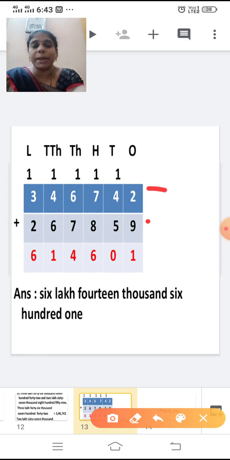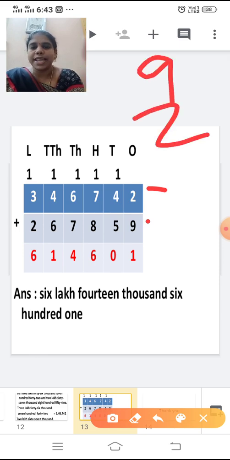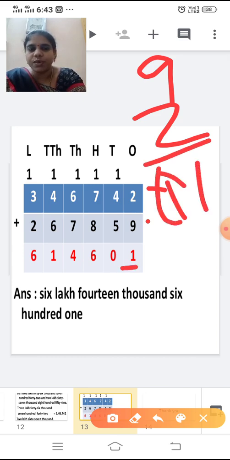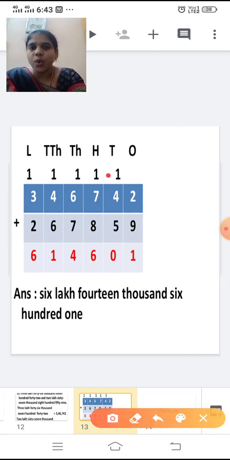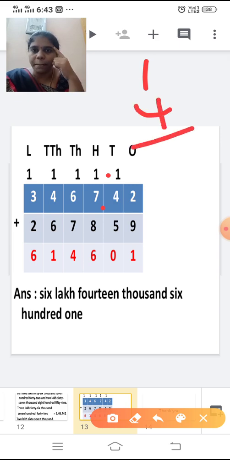2 plus 9 or 9 plus 2? 9 in the mind, 2 in the finger. After 9, I'm going to add two numbers. 9, 10, 11. So write 1 here. This 1 is carried over to the tens place. Now add the tens place, children. 1 plus 4, 4 in the mind, 1 in the finger. After 4, I'm going to add only one number. 4 plus 1 is 5.